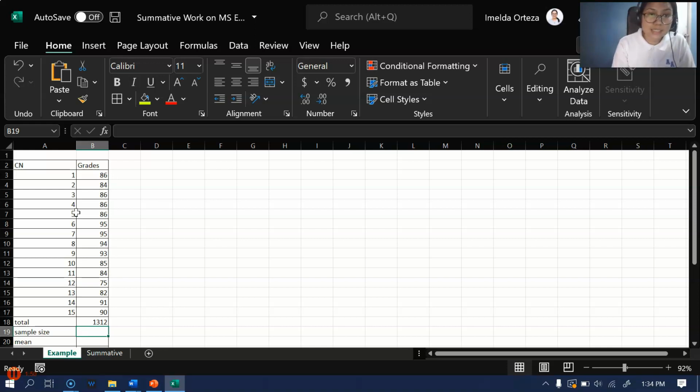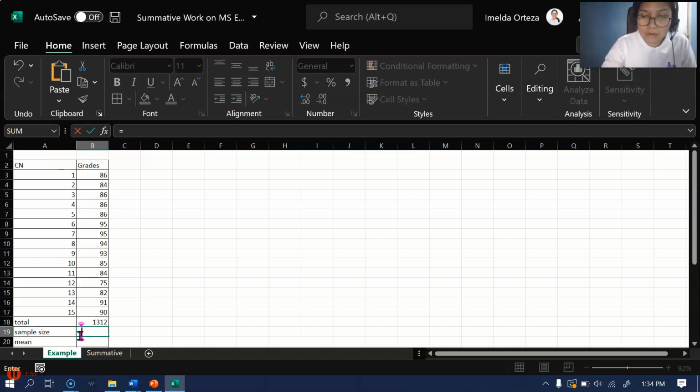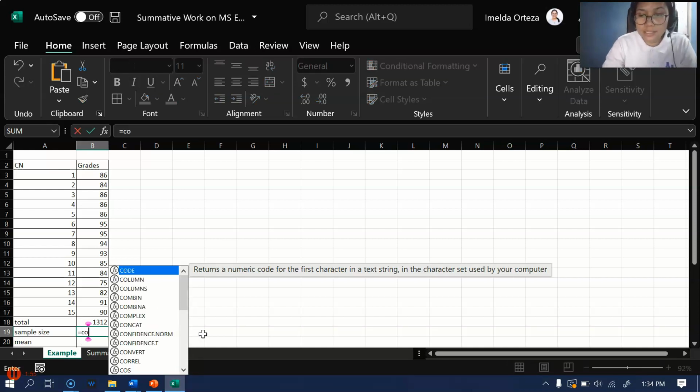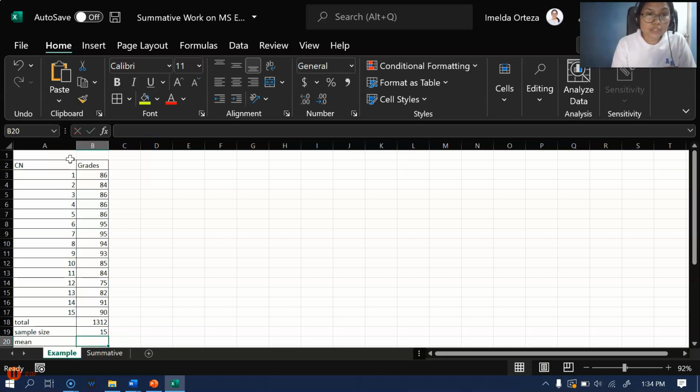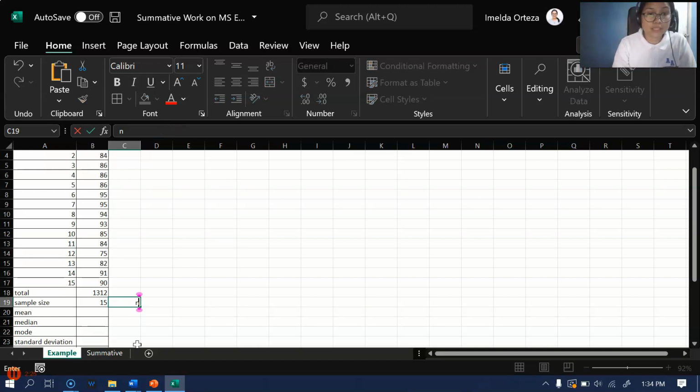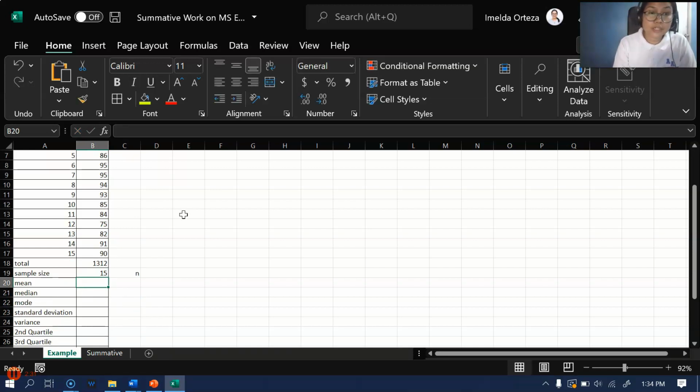Then the sample size is found by using the count function. That is count, open parenthesis. Then once again, highlight from top to bottom the values that you need to know about. So count. There are 15 as shown on the column stating class number. There are 15 students. So using the count function, we were able to get the same number, and that corresponds to the value of the small n, which is the sample size, because this is only a group of students from a certain stat